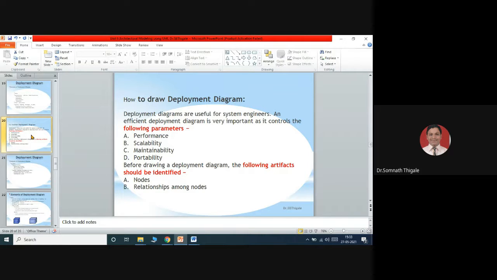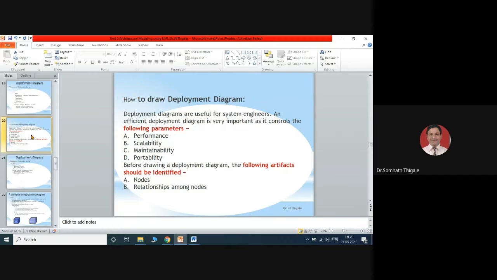So in case of a deployment diagram, while we are going to put the different elements, or different components, which component you will keep at what side will play a major role. And based on that, the system performance, system scalability, maintenance and portability will be decided. Before drawing a deployment diagram, the following artifacts should be identified, like nodes.